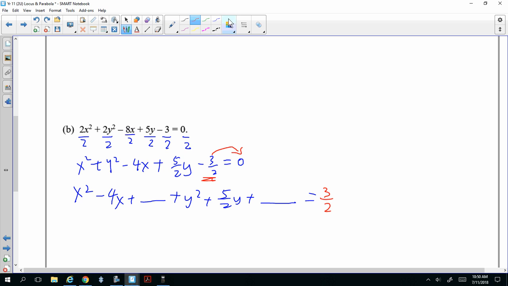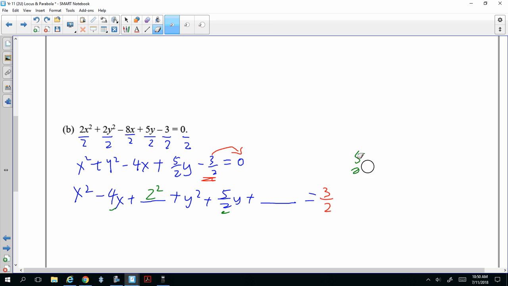So remember, you have to halve the 4, which is 2. So you go 2 squared. And what else? What's the other one? You have to halve this one. How do I halve the 5 over 2? Let's do some working here. So 5 over 2 will be